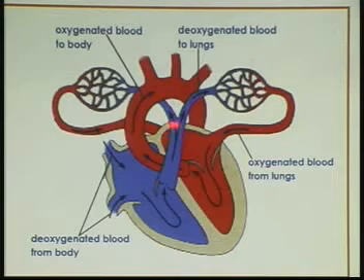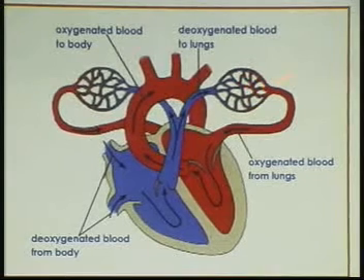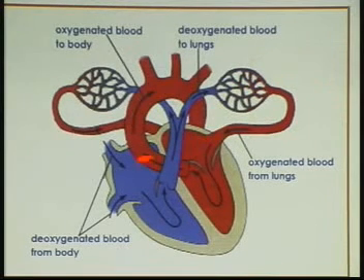Here you can see the pulmonary artery dividing into two branches, one going to the left lung and the other going to the right lung. Remember, deoxygenated blood is rich in carbon dioxide. This blood needs to be oxygenated, that is purified, so an exchange of gases takes place in the lungs. Once the blood is oxygenated, the oxygenated blood from both the lungs is brought to the left auricle by the pulmonary veins.